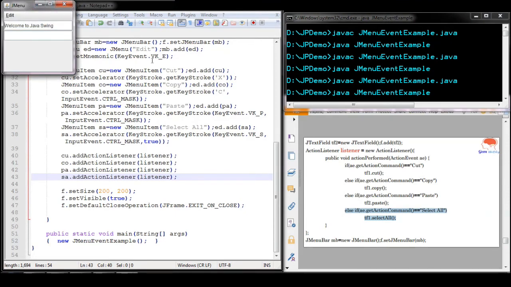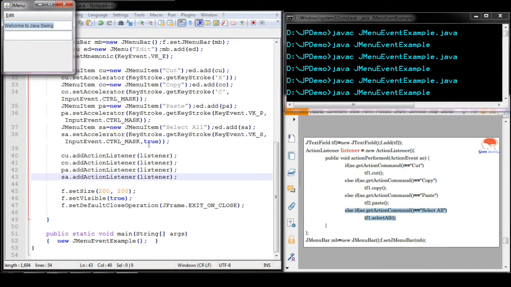Now I am pressing Alt E since mnemonic has been set for the edit menu. Now when I press Control S, you can see that the content has not been selected. When I release the button Control S, you could see the content has been selected.